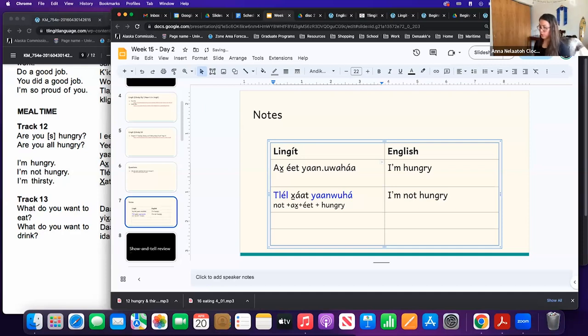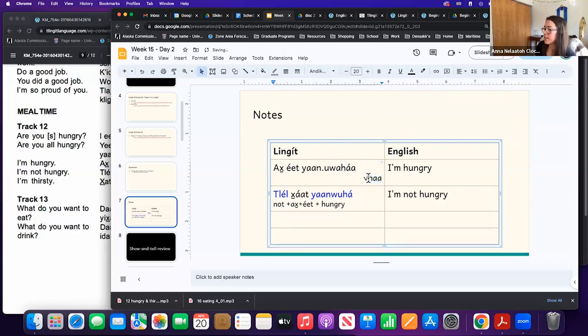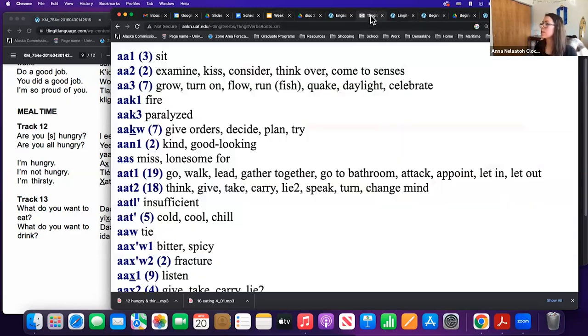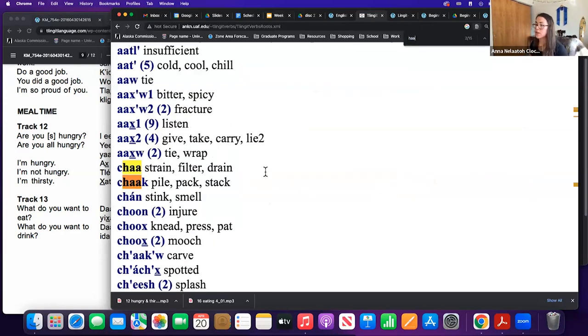We haven't done this too much yet, but generally when you identify verb roots, you're looking at the last syllable of the verb. So I'm going to start with ha as my starting place. And in Lingit language learning resources, the verb root is signified by this square root symbol. So if I look it up by the verb root, ha,